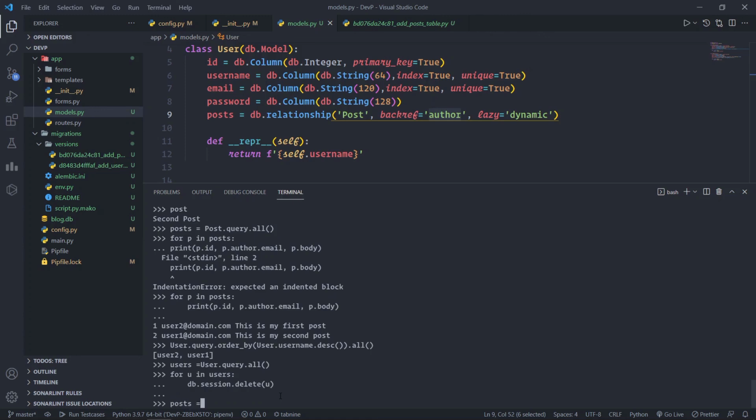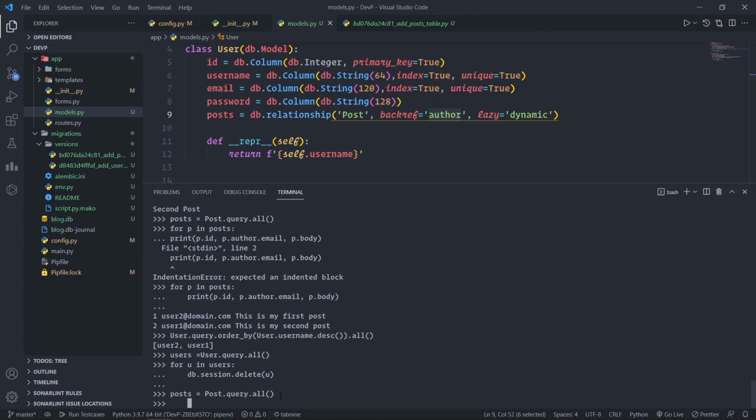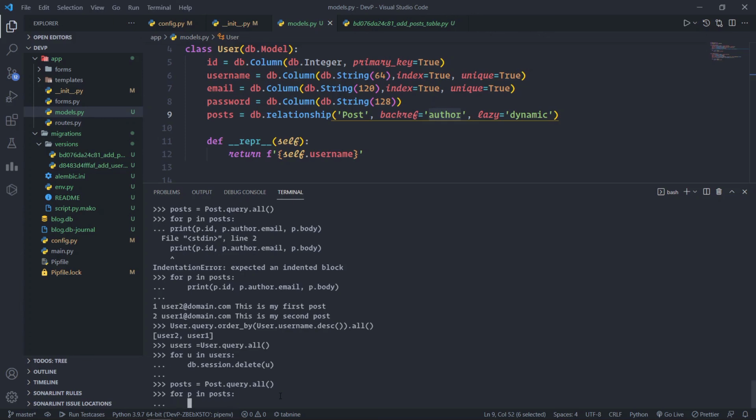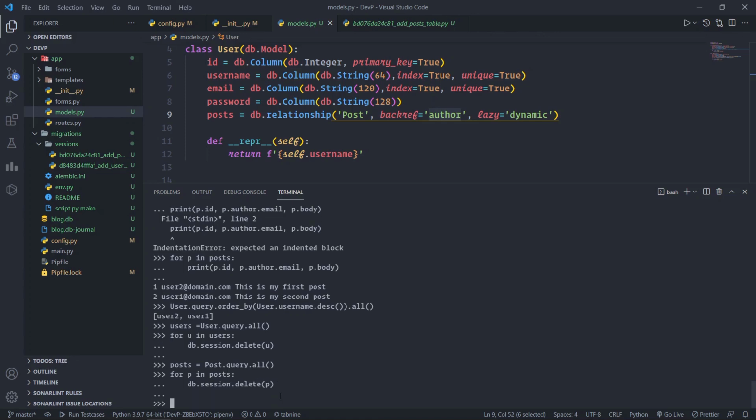Similarly for the post table, we can write posts is equal to Post.query.all. For p in posts, indent, now db.session.delete(p), and deleted.